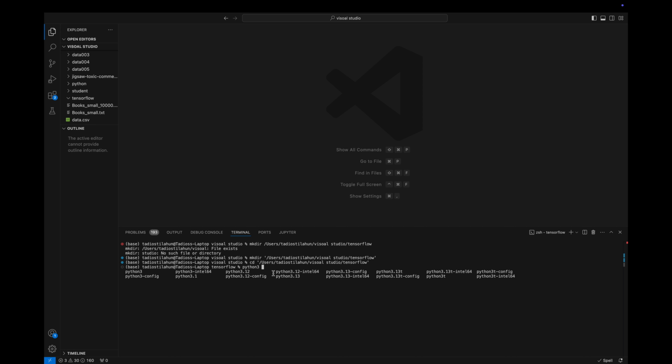After python3, we can say -m venv, and this is going to allow us to create the virtual environment. And then here we can give the folder name for that environment. So we can say, let's say